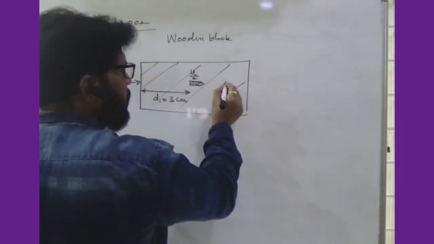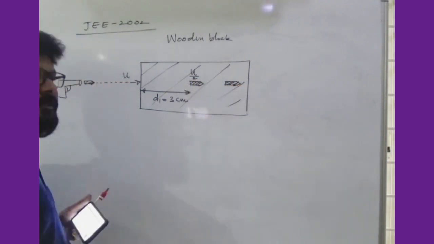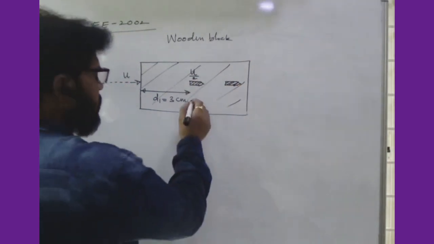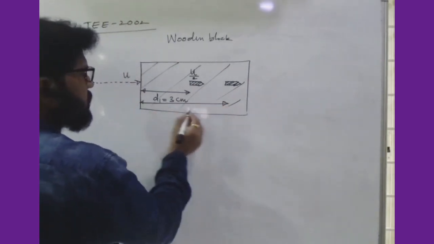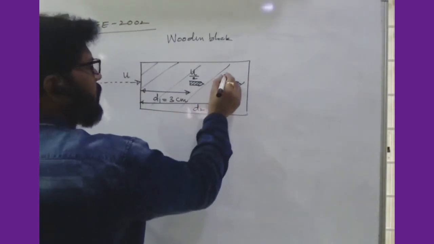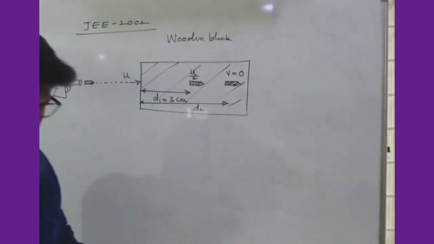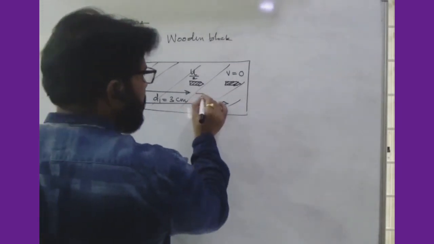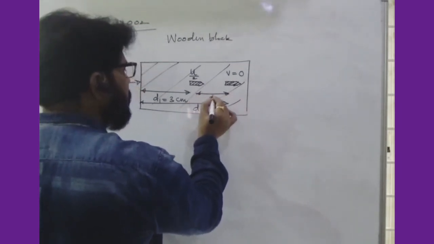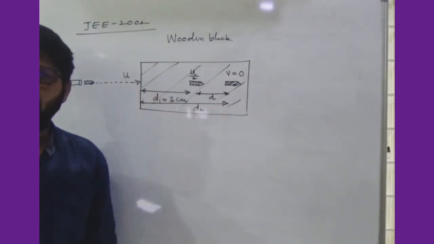That means let me take here, when it reaches a certain distance, let me take it as the distance from the starting point is d2, right? d2. Here the final velocity is equal to 0. So what is the distance that we have to calculate? First, if you calculate distance d, so further distance, if I take it as small d, will be good. So further distance means d2 minus d1.